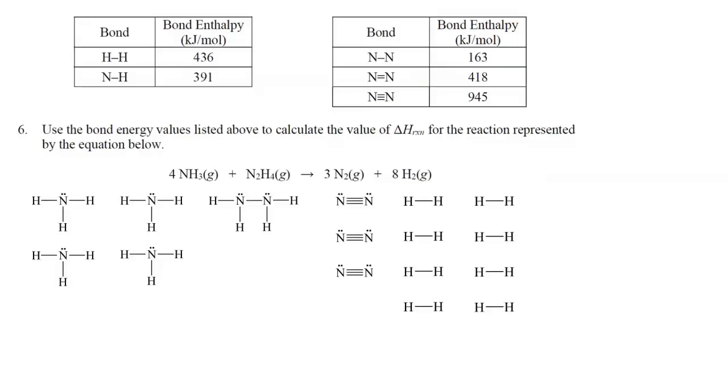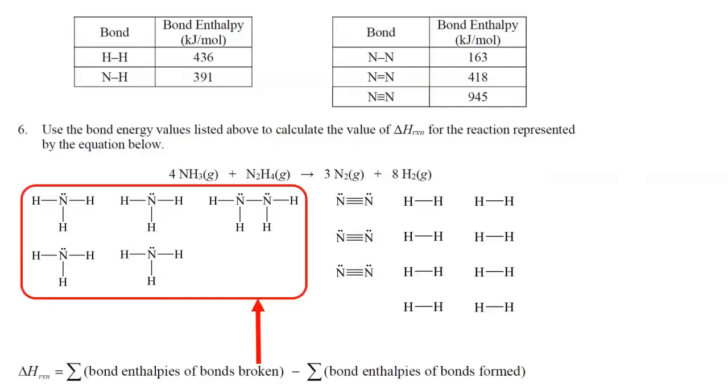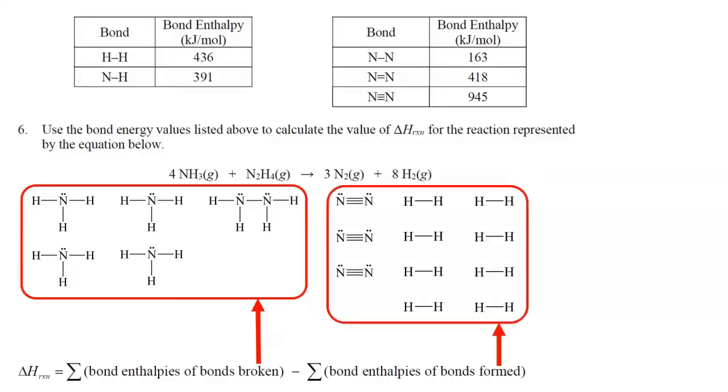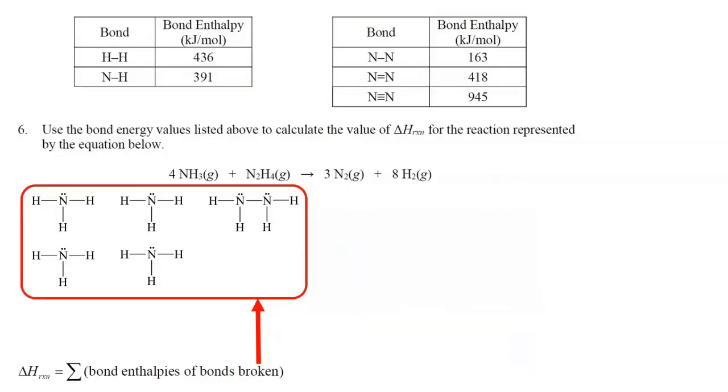Now that I've done that, let's go ahead and do the calculations for bonds broken minus bonds formed. Okay, here we go. So these are the bonds that are broken in the molecules of reactants, and then these are the bonds that are formed in the molecules of products. So from the table, there's 391 kilojoules per mole for a nitrogen-hydrogen bond. But if I add up all of them, and again, you can get a better picture when you draw these molecules out, as I've done on this slide, there are a total of 16 nitrogen-hydrogen bonds in the reactants that